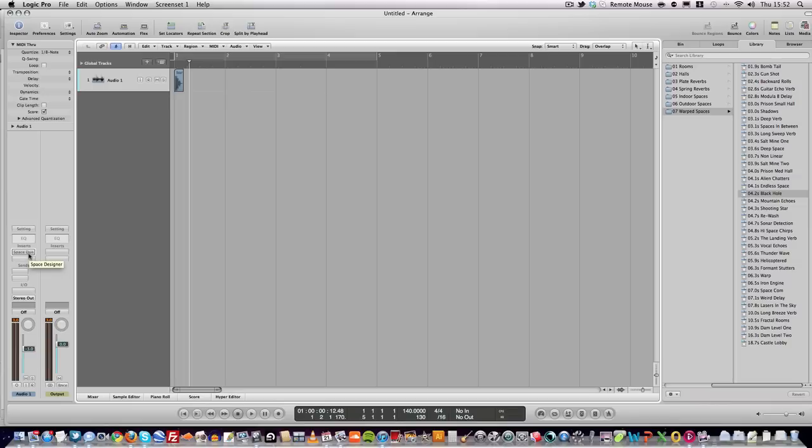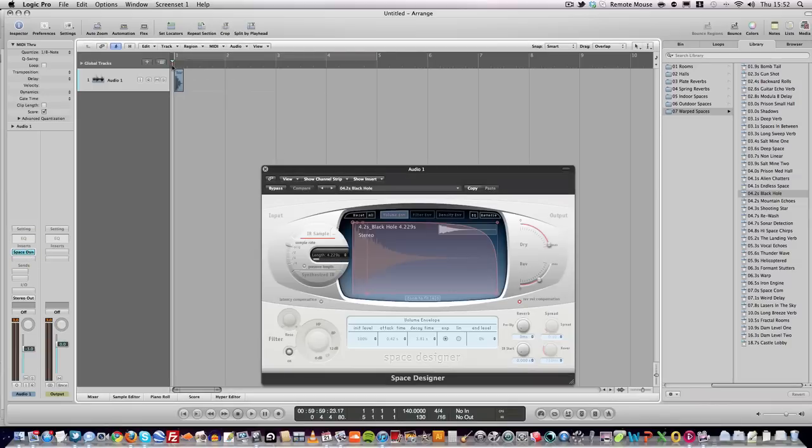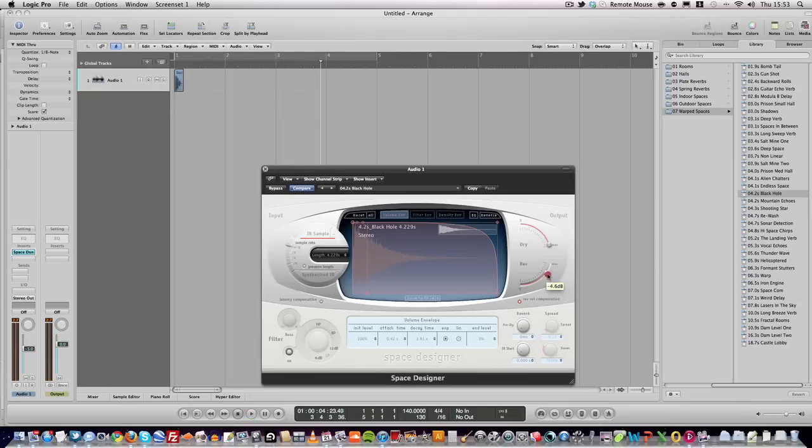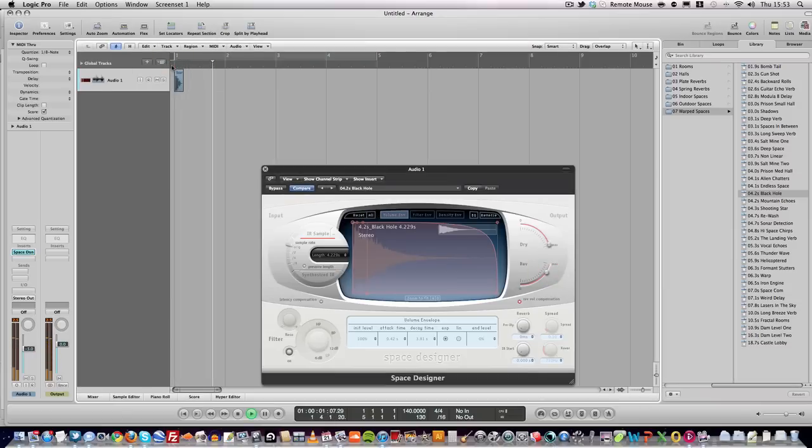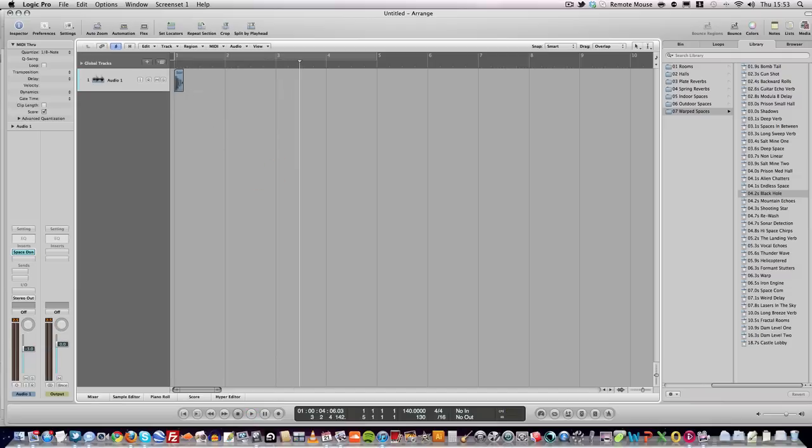Logic, in one of the inserts. So if I enable that, we'll load up the patch. And it sounds like this. So what we want to do is add a bit more onto it. So that's our first initial sound, and then what we want to do is right click the sample, press bounce